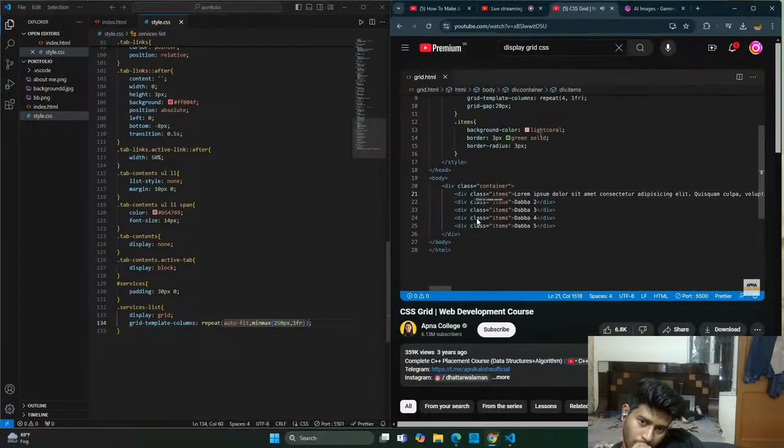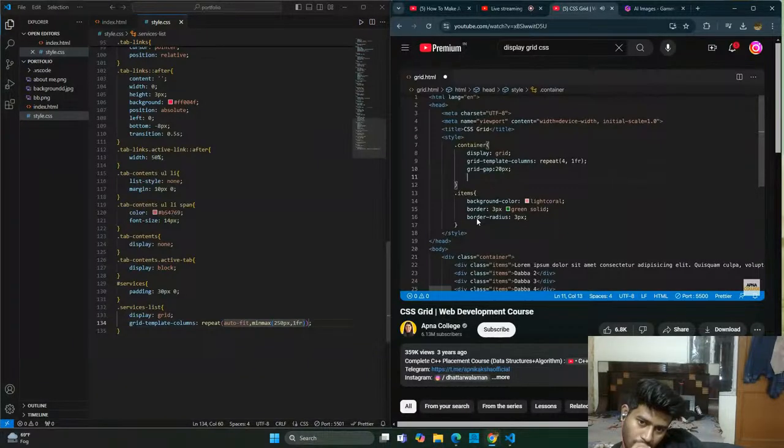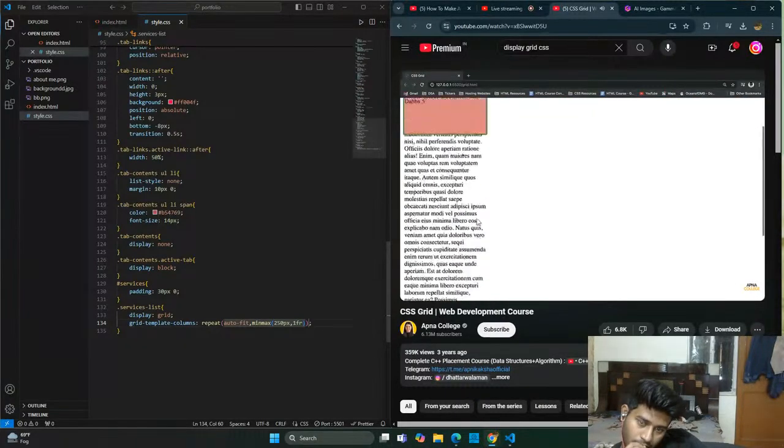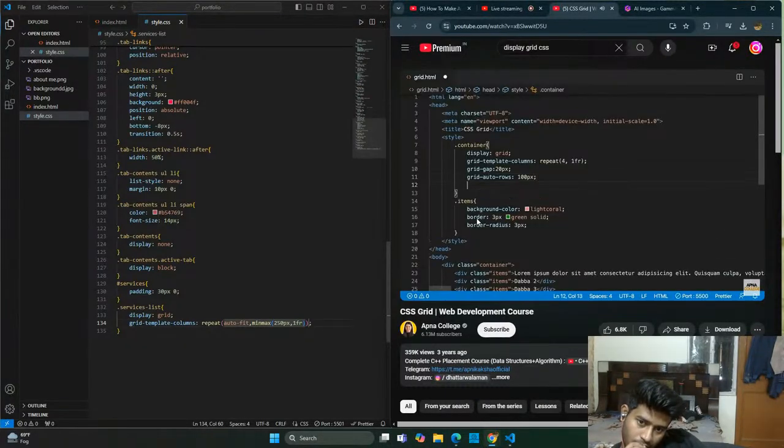और अगर मैं इन बॉक्सेस का साइज कुछ फिक्स रखना चाहूँ तो वो भी हम कर सकते हैं। तो उसके लिए हमको क्या करना पड़ेगा, हमको यहाँ पे कंटेनर में जाना है और लिखना है ग्रिड ऑटो रोज। ठीक है, और इसमें हमको साइज लिखनी है जो भी हमारे उस रो की, मतलब जो हमारा लेंथ है। तो हमको हाइट क्या देनी है वो हम यहाँ पे लिखेंगे। तो मैंने दे दी हाइट 100 पिक्सल। तो जैसे आप यहाँ पे देखोगे तो हाइट अब 100 पिक्सल की हो गई, और उस वजह से हमारा जो कंटेंट है वो फिट नहीं आ पा रहा है और वो ओवरफ्लो कर रहा है। ठीक है, अब यहाँ पे सिमिलरली मैं ग्रिड रो की जगह अगर मैं ग्रिड ऑटो कॉलम दूंगा तो हमारी वो विड्थ चेंज